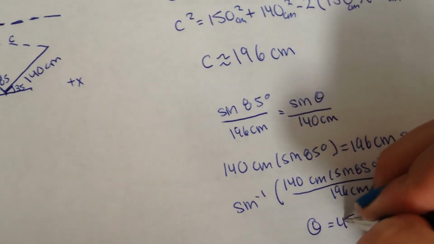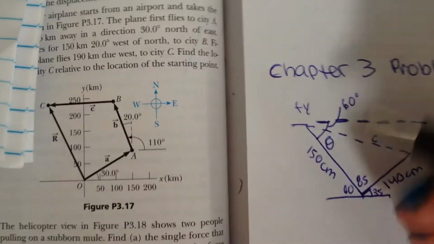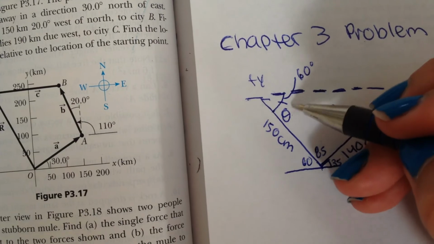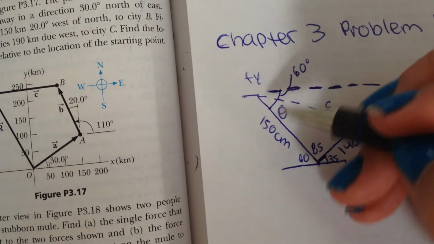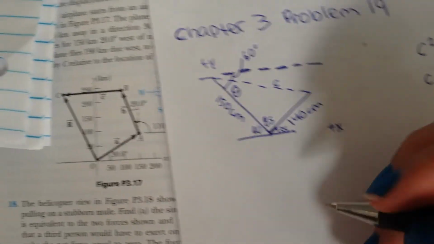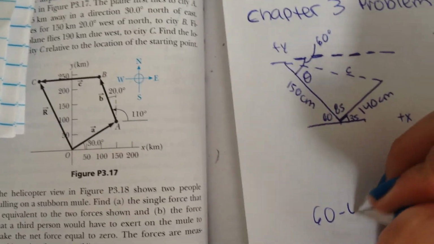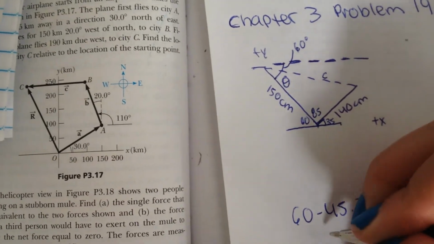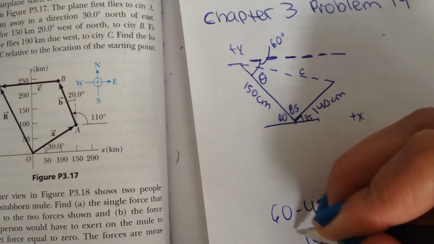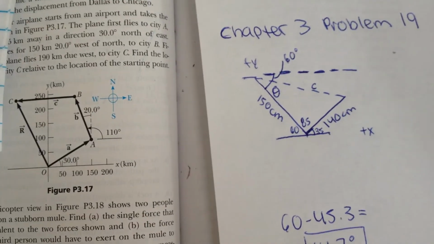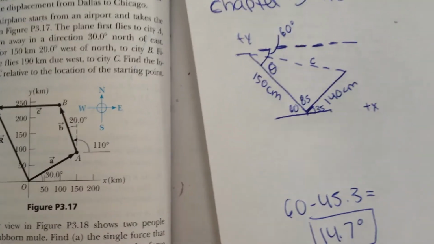So you know that theta is 45.3, and that's this angle, and since you want this angle right here, you have to do 60 minus theta, which is 14.7 degrees. So your final answer is that